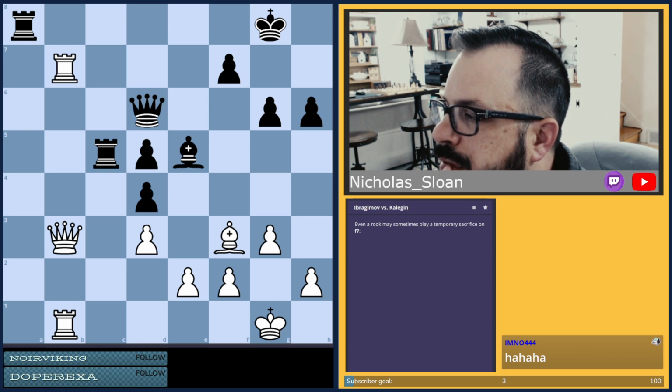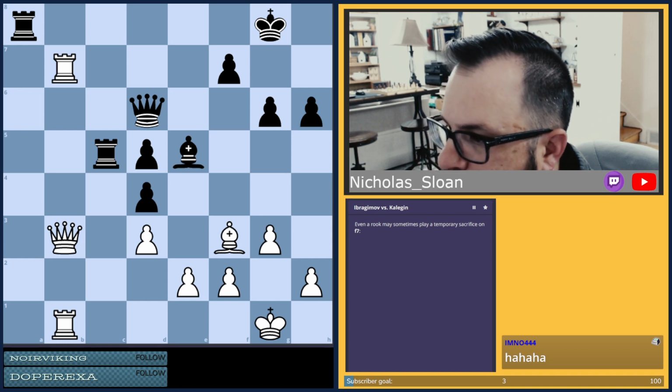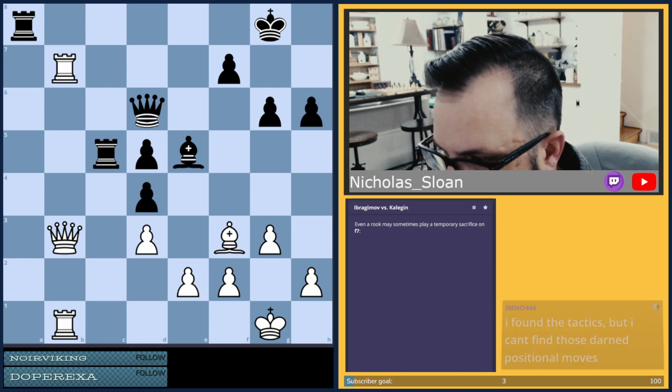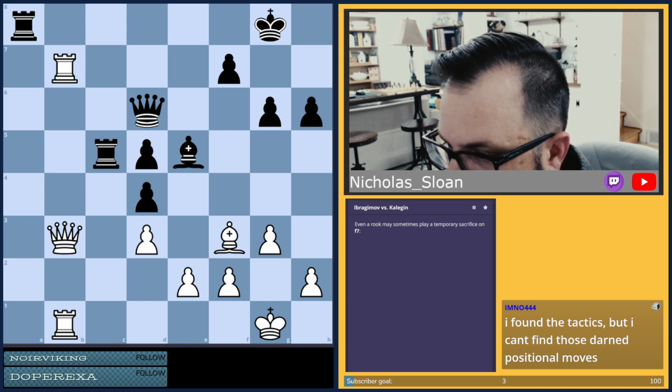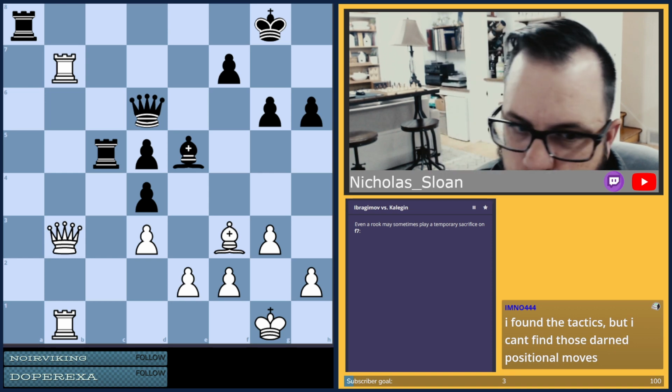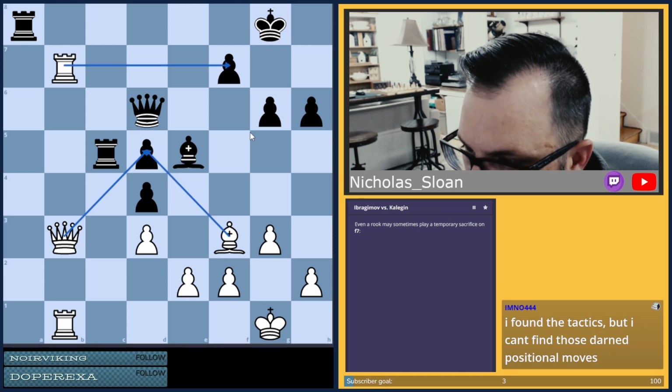Ibragimov versus Kalijan. Even a rook may sometimes play a temporary sacrifice on f7. Okay. So, let's see here. We have this geometry against this pawn and this.